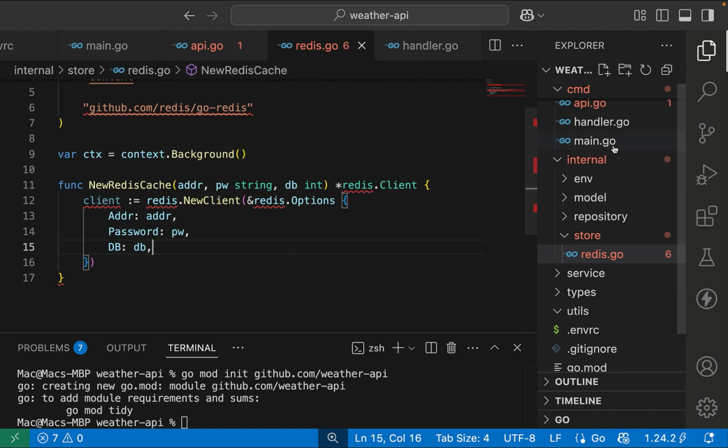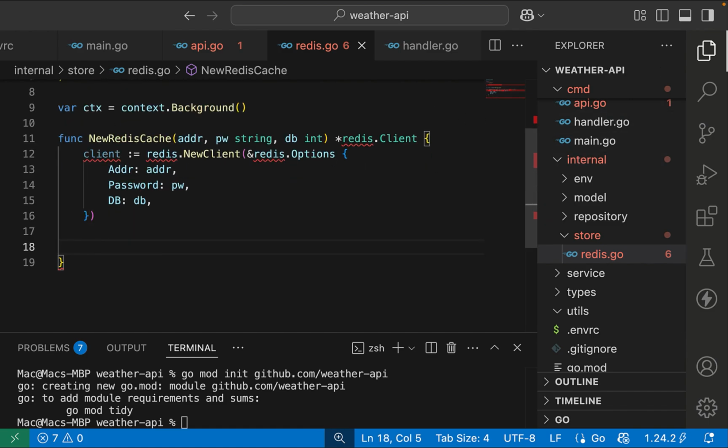By the time we initialize it from our main, I'm going to be passing this inside: the address, the password, the DB. So I'm going to be passing them from the main. We're going to be seeing that shortly. So we're going to do if error